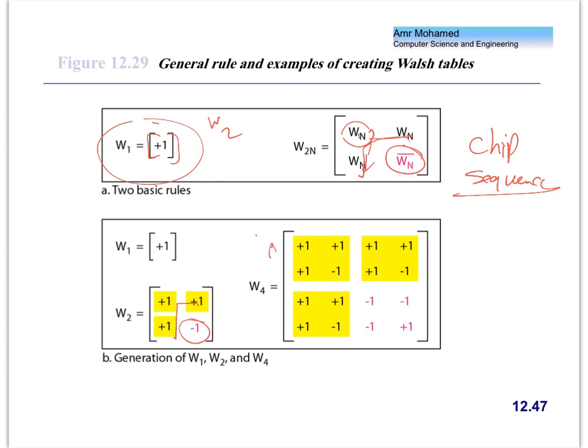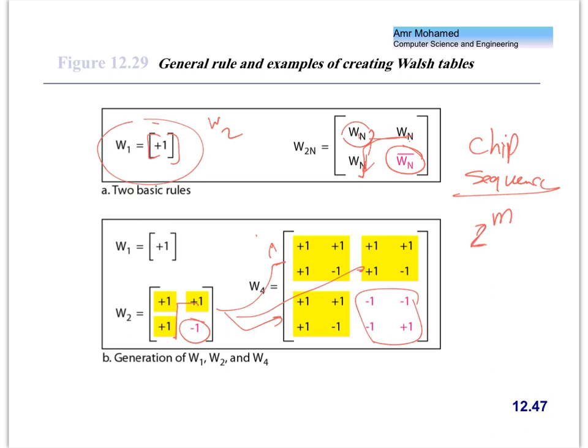What about W4, the 4 by 4? We take this, repeat it here, here, and here, and the fourth one we multiply by -1. If we want W8, we repeat the same matrix 3 times, and the fourth one we multiply by -1. So if this is the case, then we generate a Walsh table of size 2 to the power m,